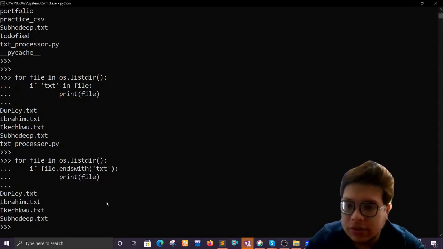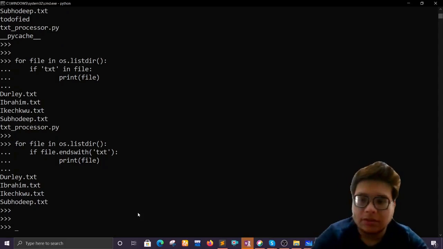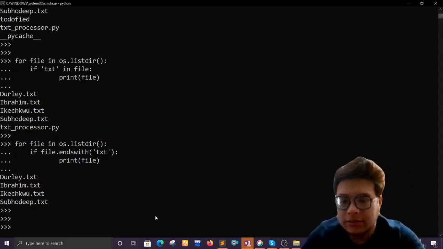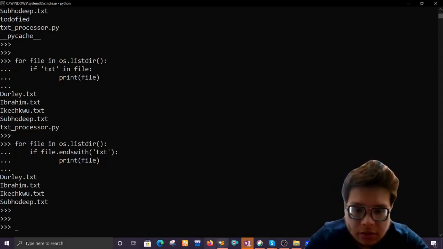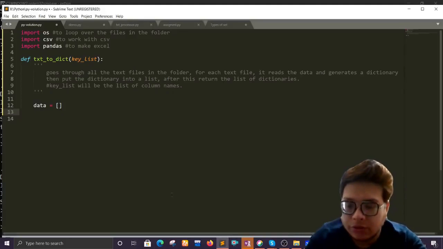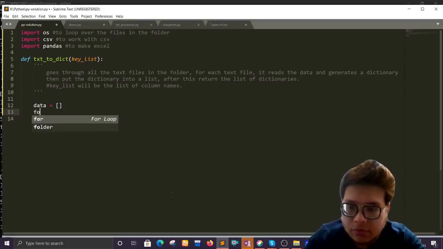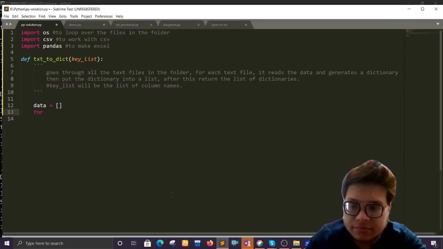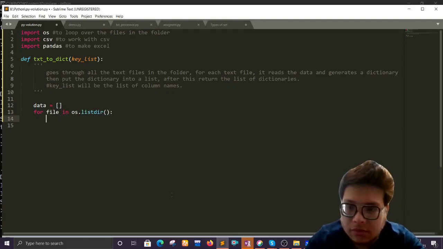So now that we have this, let's go ahead and take out the data. We will basically do the same thing inside this. So we'll check for file in os.listdir, if file dot ends with txt,